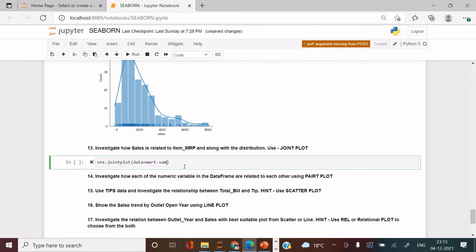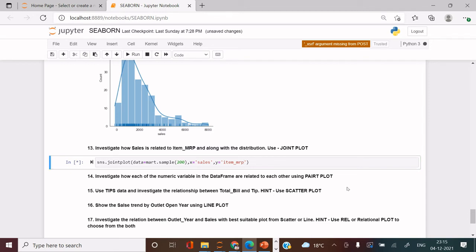Again I'll take a sample of 200 records, just to make the data lighter so it executes faster. So mart dot sample 200, and on the x-axis I will plot sales, and on the y-axis item MRP. We will see how these two variables share a relation.